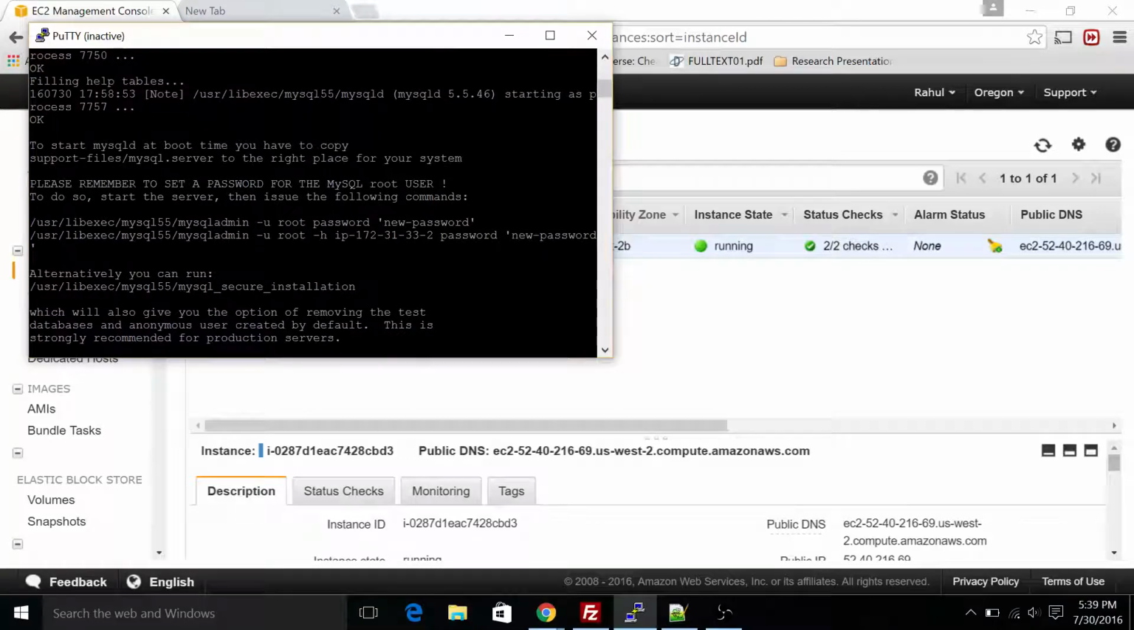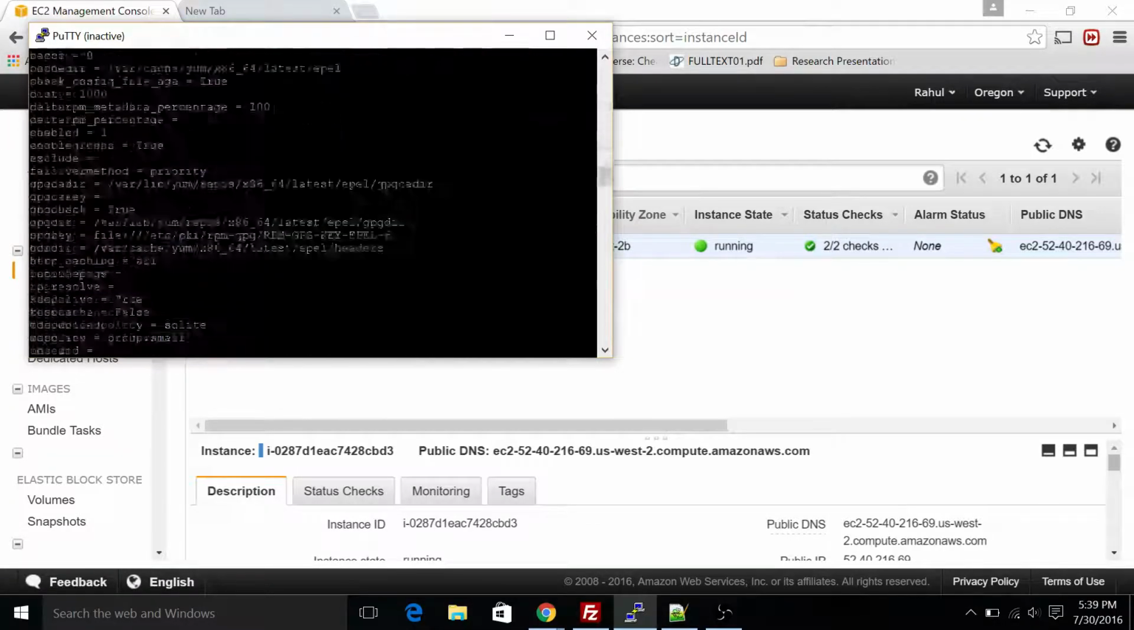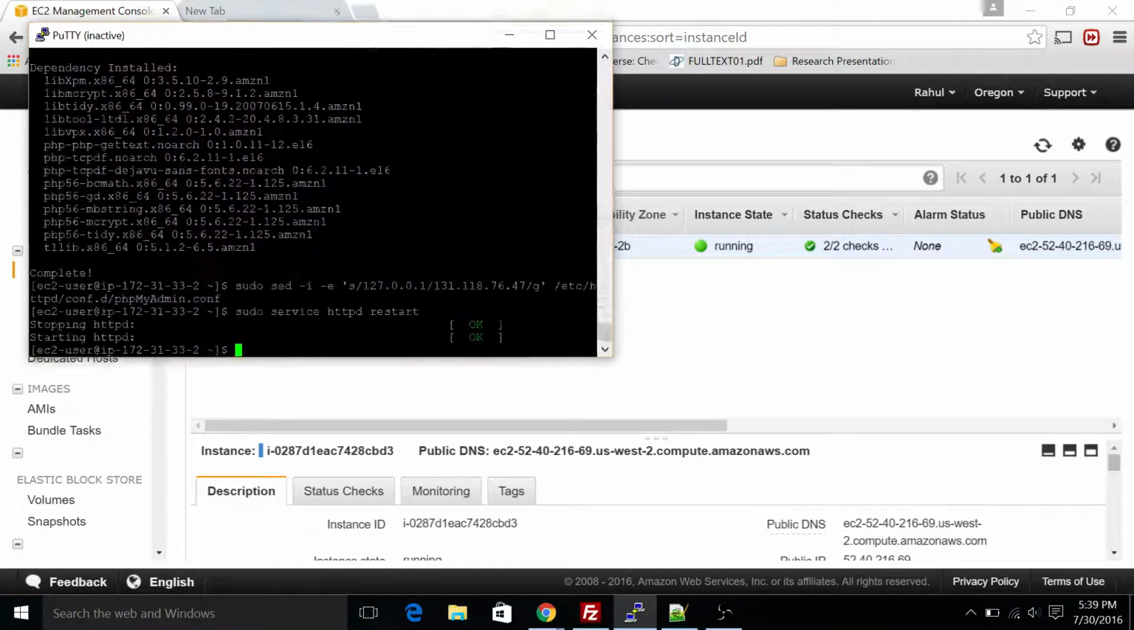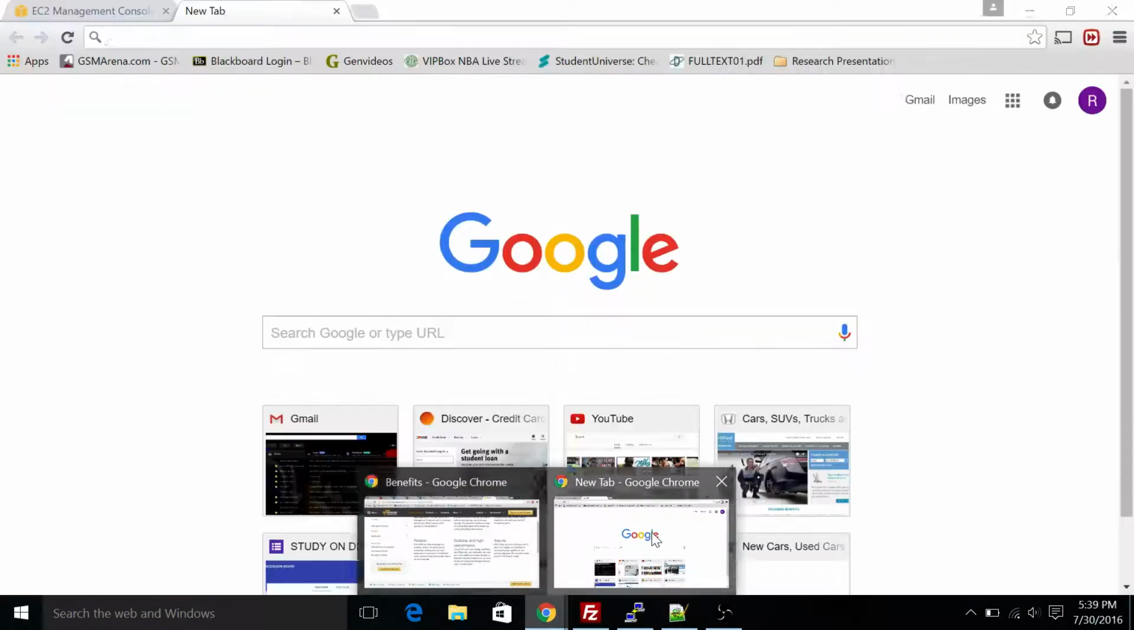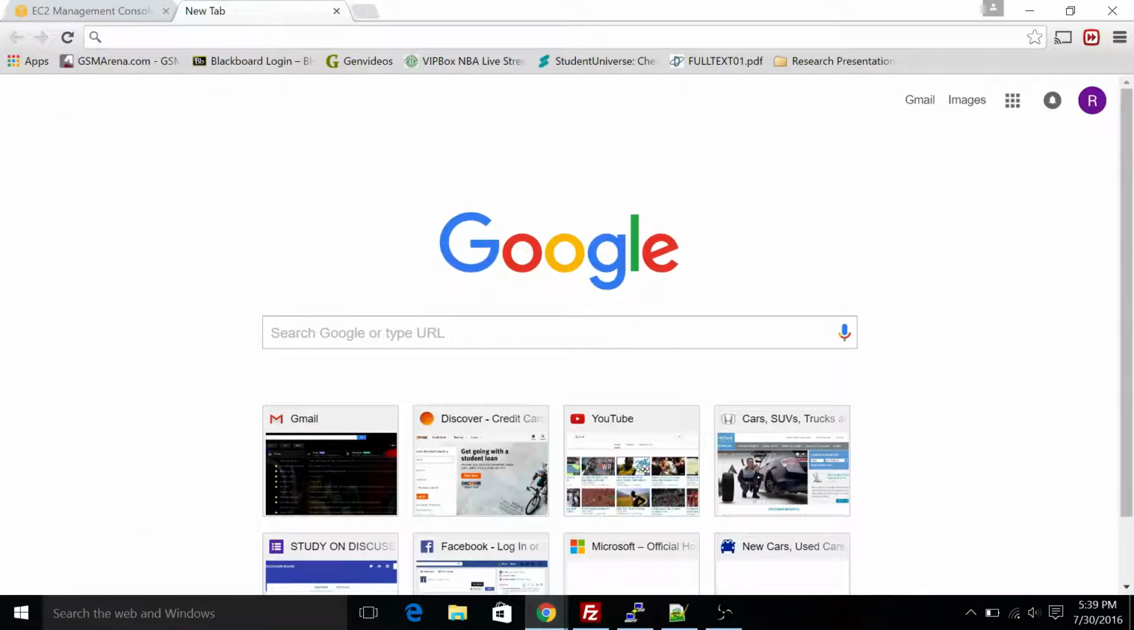Then you have to install the phpMyAdmin control panel, and then restart the service. After restarting the service, you have to open FileZilla. I opened FileZilla because you can use it for file transfer from your local machine to the Amazon machine. Okay, now let's go on and test the hello world